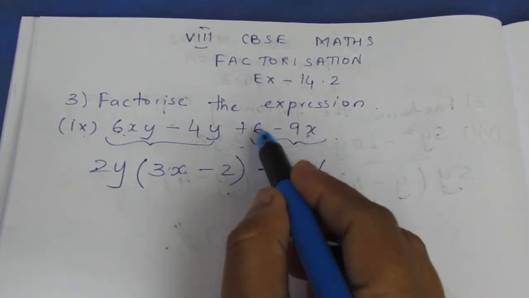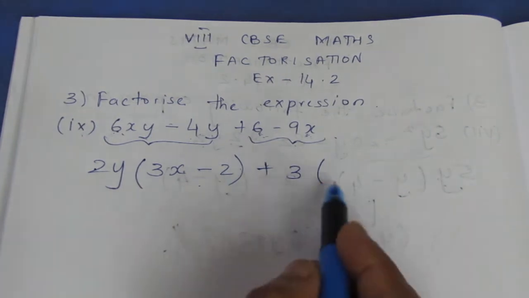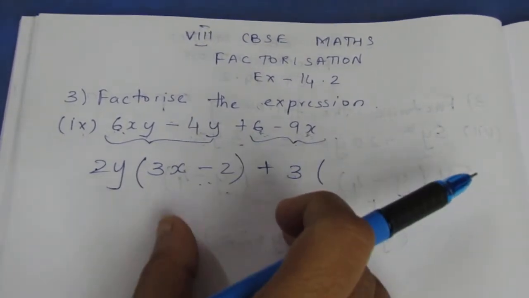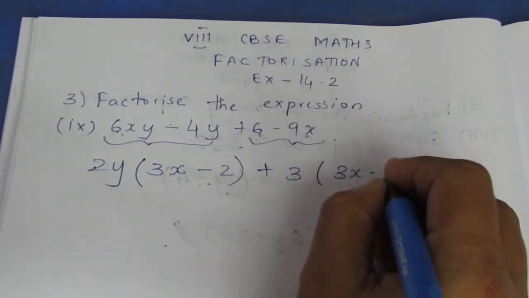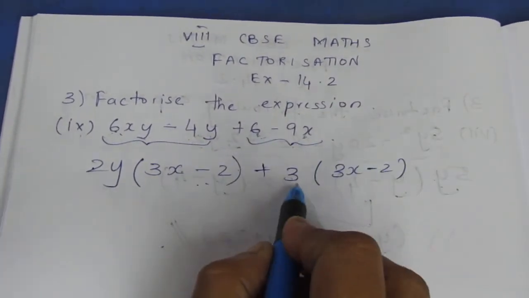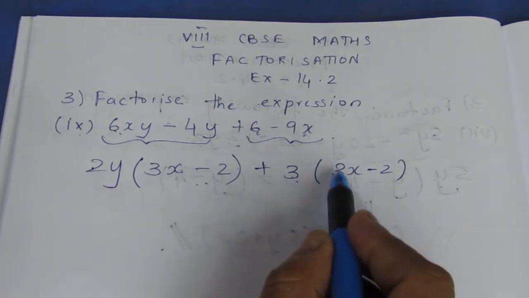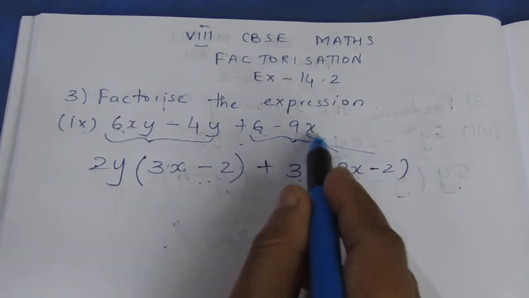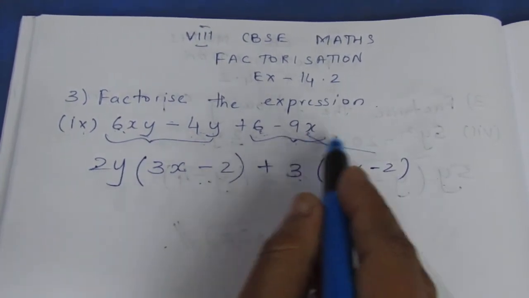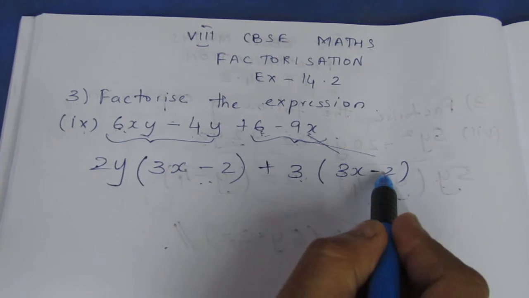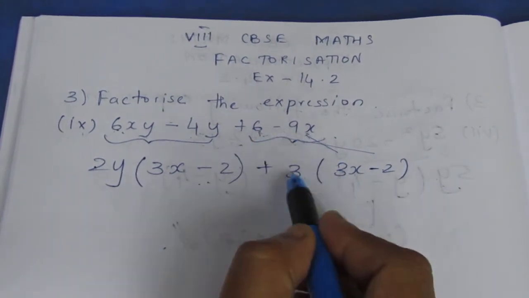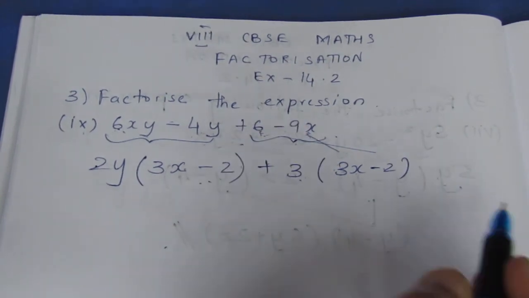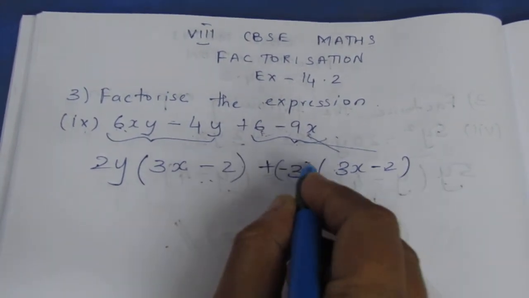here it is plus, which means we want the bracket to be the same. The rule of taking common outside in 2 terms is the bracket should be same. So let me write the bracket first, then think of the number. Already I have given 3. If I multiply, this becomes 3 3s are 9x. So the term is being shifted, the last term to the first, and the earlier term to the last. Now the sign, here it is plus and here it is minus, means there is one minus in the question. So we need to write a minus sign here.